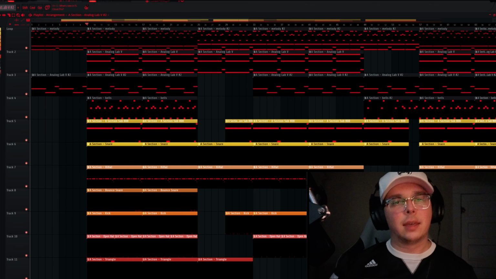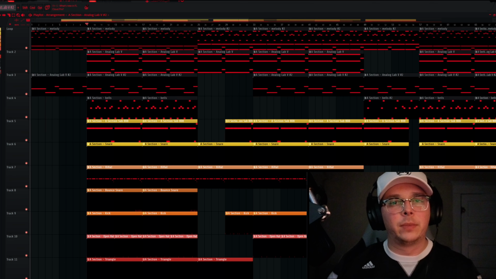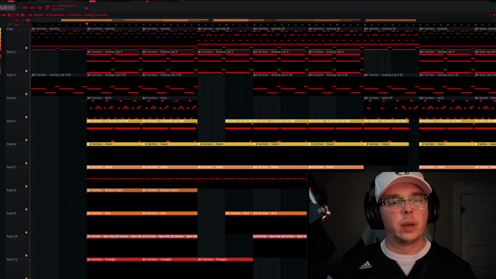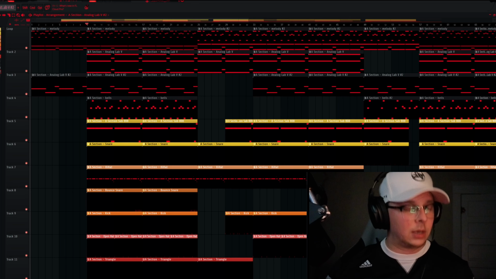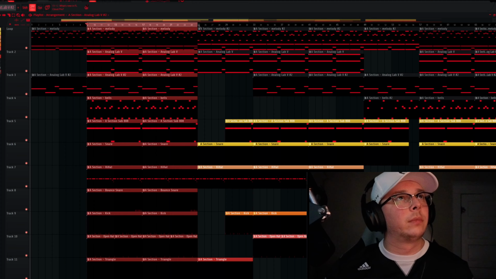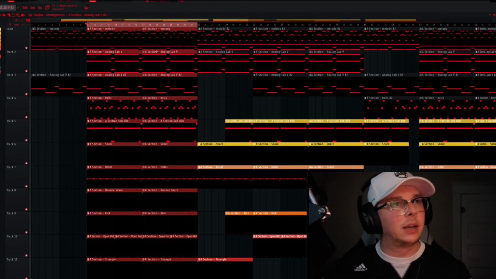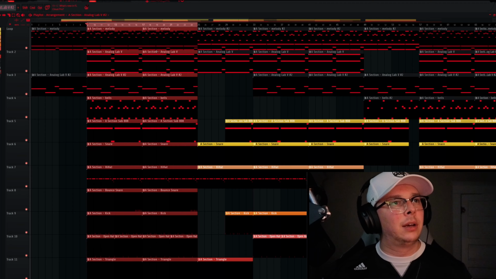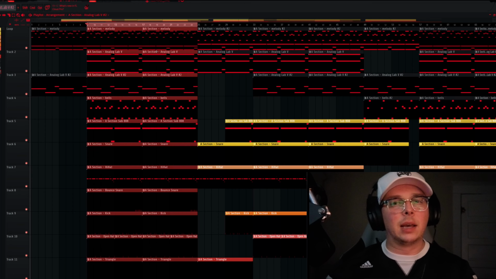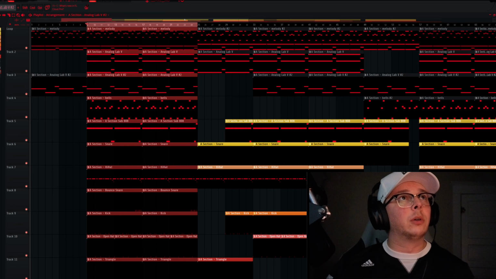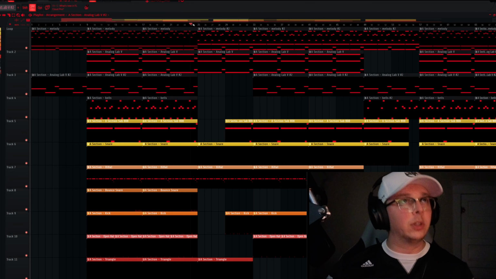The second thing is the arrangement. A problem that a lot of producers have is not knowing how to arrange the beat so that it stays interesting. So my chorus right here, it has everything, all the sounds in the beat, they all play here. It has the most energy, but if I did that the entire time, it would become super repetitive and super boring. So what I did is, coming out of the hook,